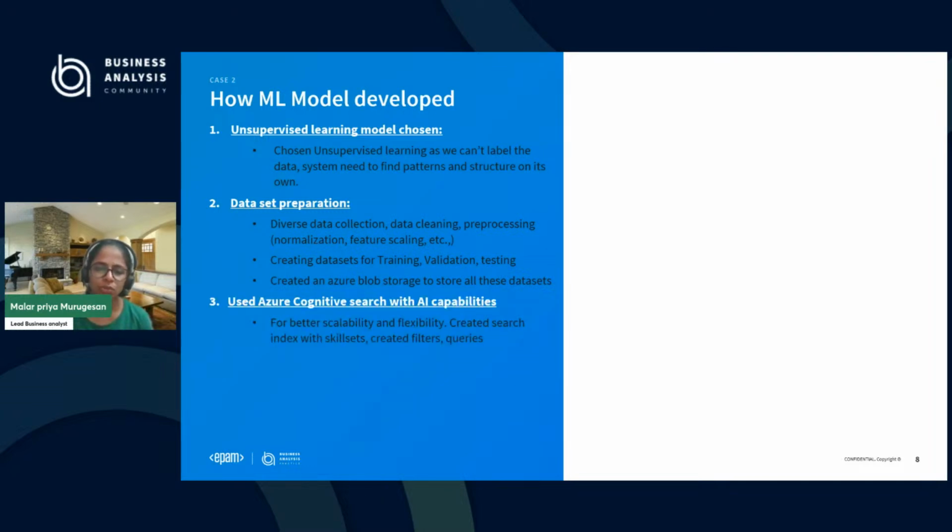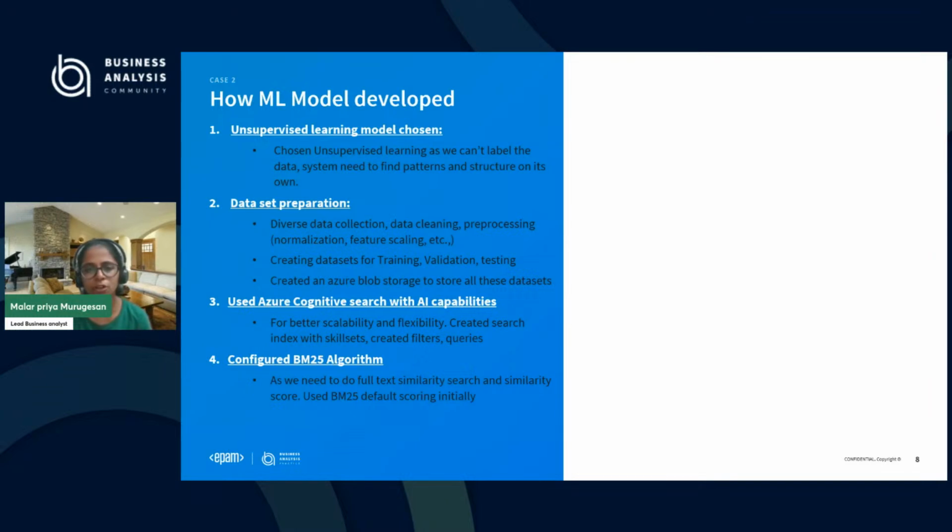Next, we used Azure Cognitive Search with AI capabilities. If you Google Azure search functionality, Azure AI search, now the latest name is Azure AI Search, you will understand it. It provides the BM25 algorithm. It has indexers and filters, and you can do full text search. It has many AI capabilities as well, and it even has scorecards, so you can predict scores too. Azure AI Search has so many capabilities, that's why we chose it.